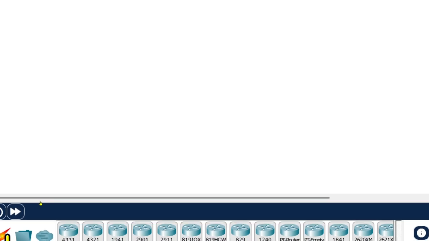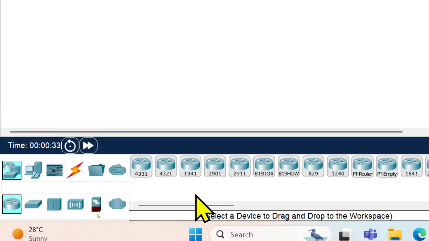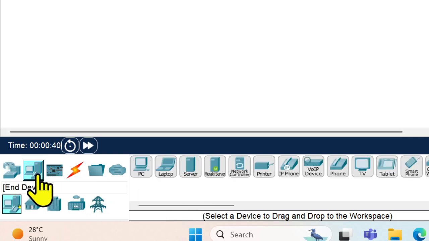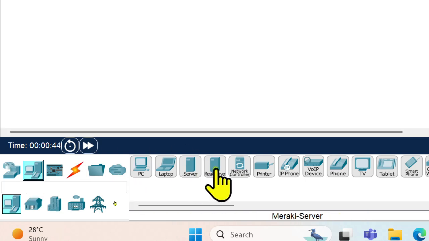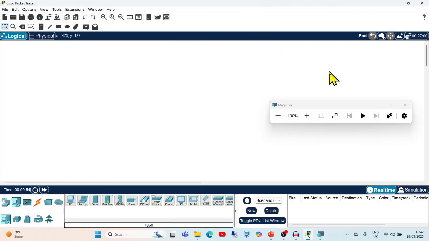If you see the bottom left corner, different networking and end devices will be there. From this, first we are going to select end devices. Once you click on end devices, it will show the list of end devices available here. From this, select the required device.